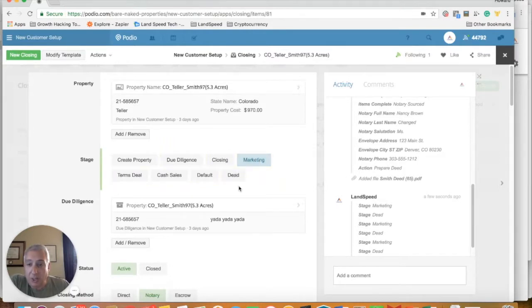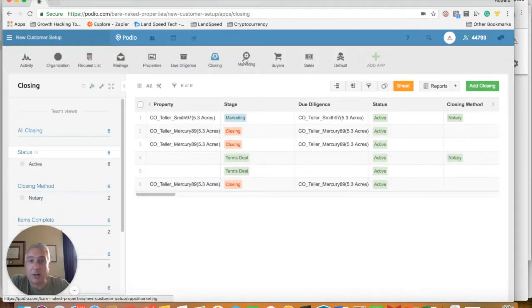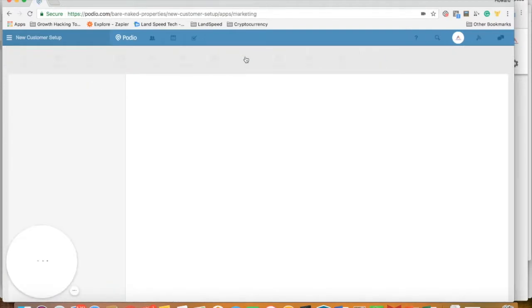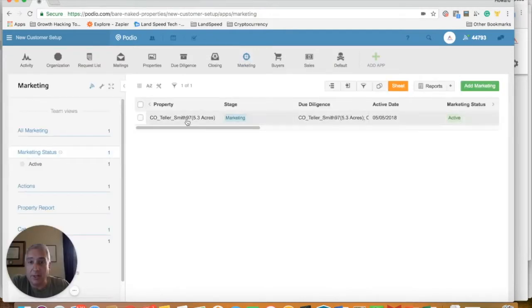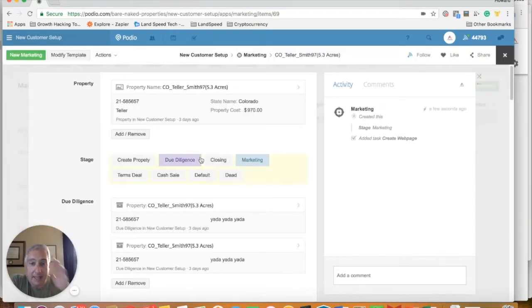Now, this is a new style that I've been working on. So if yours looks different, don't worry about it. All that matters is that you're setting it to the next stage, which is marketing. As soon as I click that, it should create a record in my marketing app. And there it is. And if I open that up, now what you're going to see, I've done this twice,